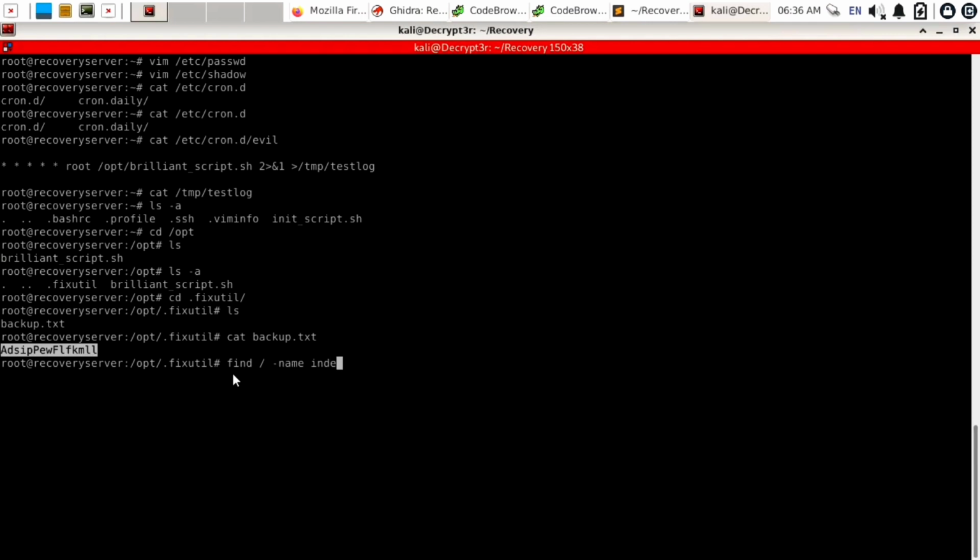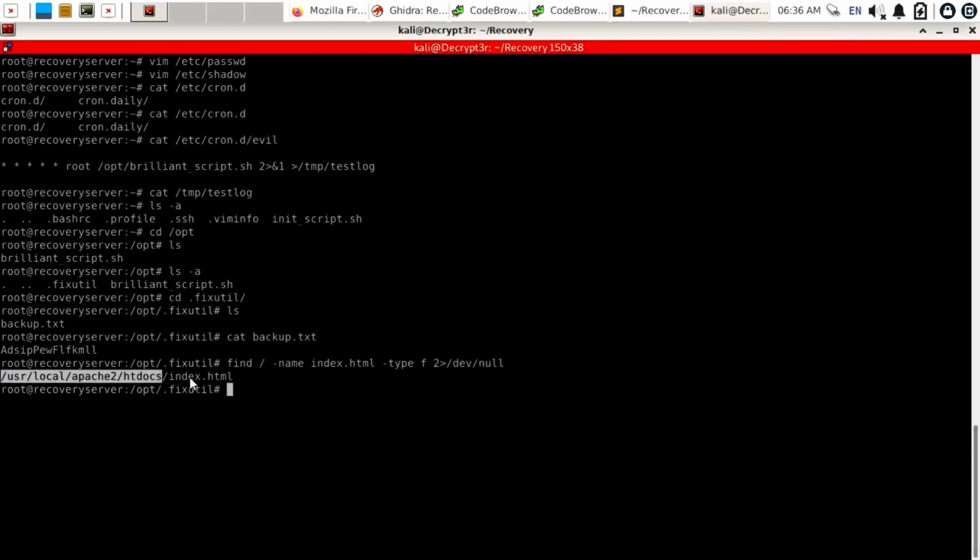It will search all files under the parent directory, then -name, so the name should be index.html, -type should be f, 2>/dev/null, and hit the enter button. Now you can see index.html is in /usr/local/apache2/htdocs/index.html.